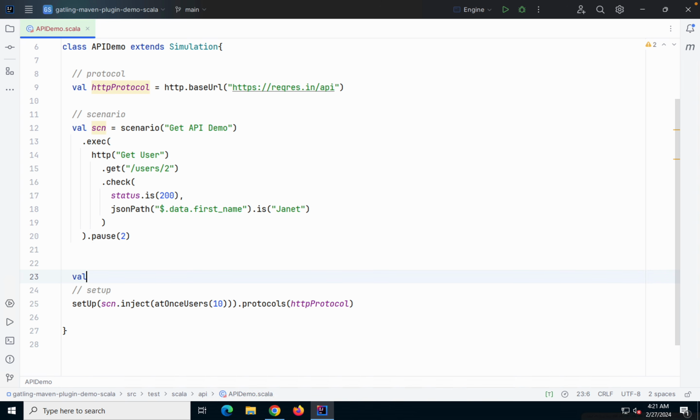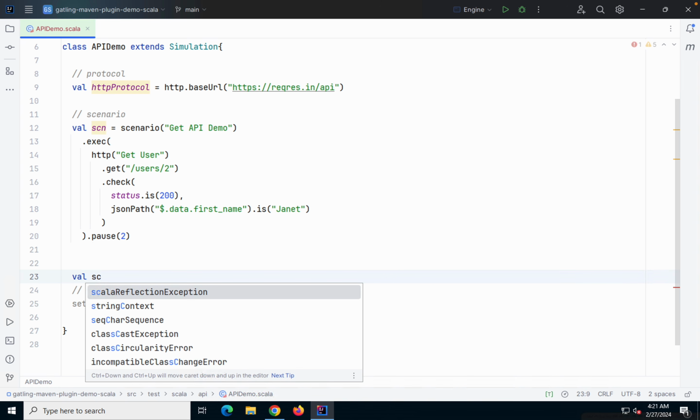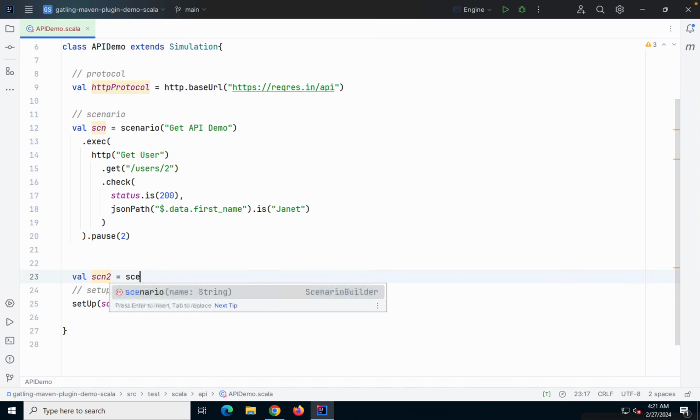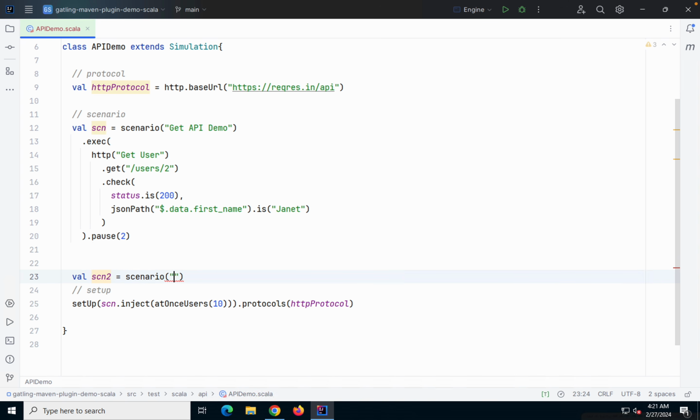I will say val scn2 equals scenario and give some name of the scenario. I will say post API demo, and then